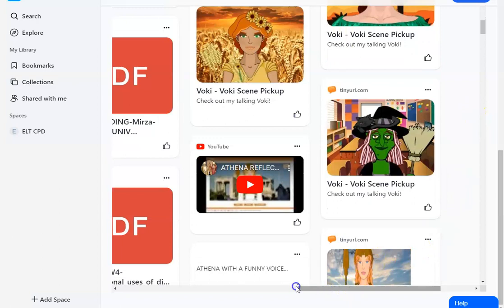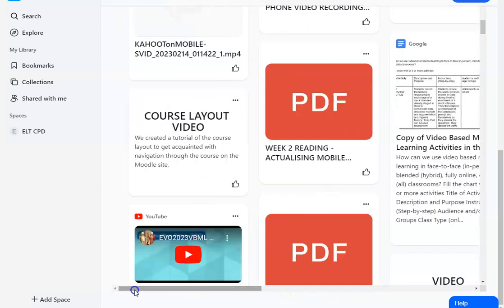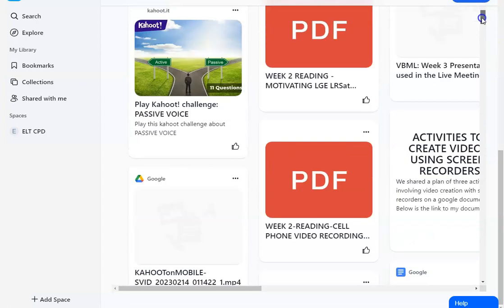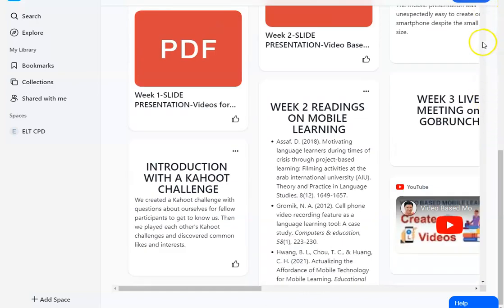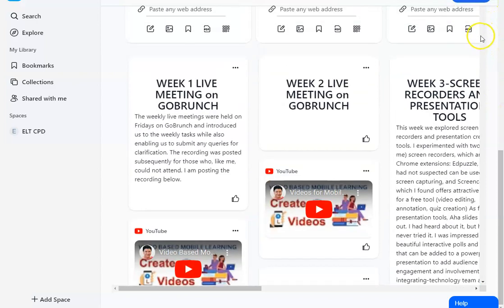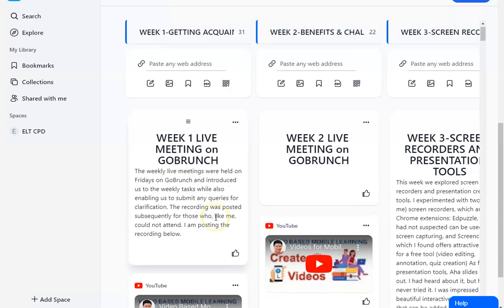Unlike the other weekly columns where I have placed them in chronological order, that is presenting the first activity on top.